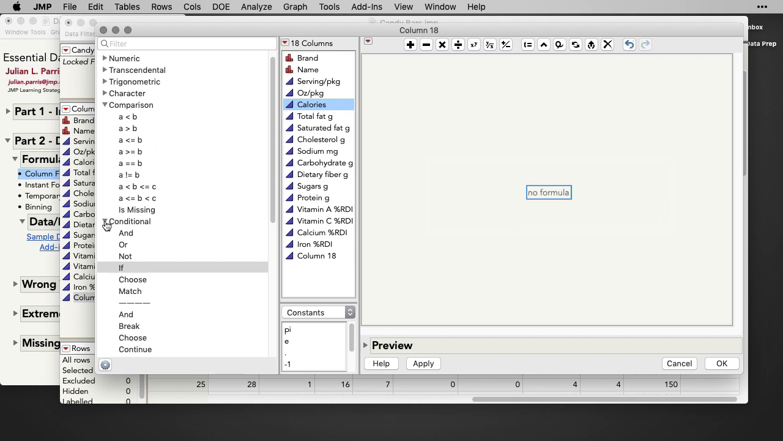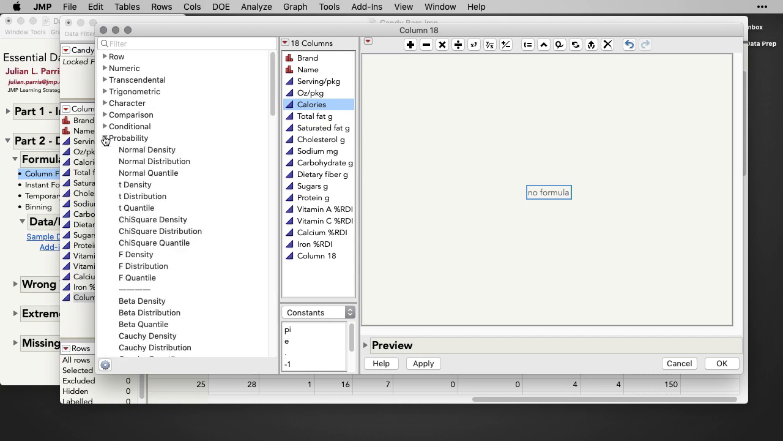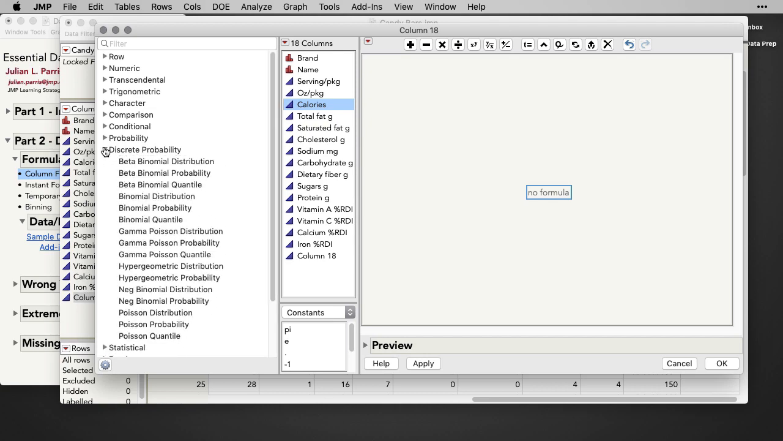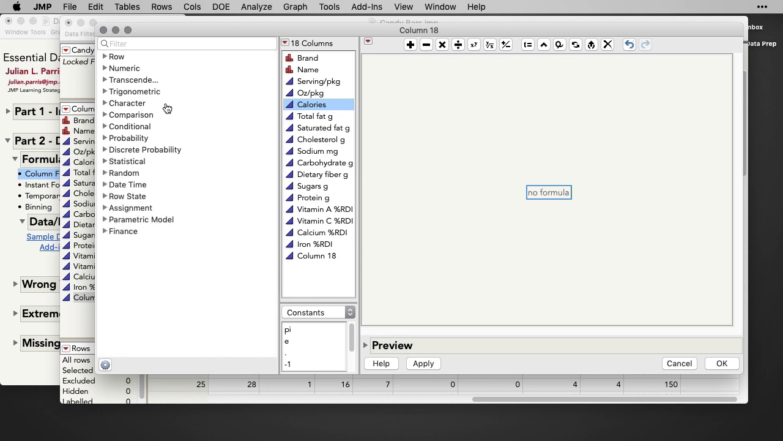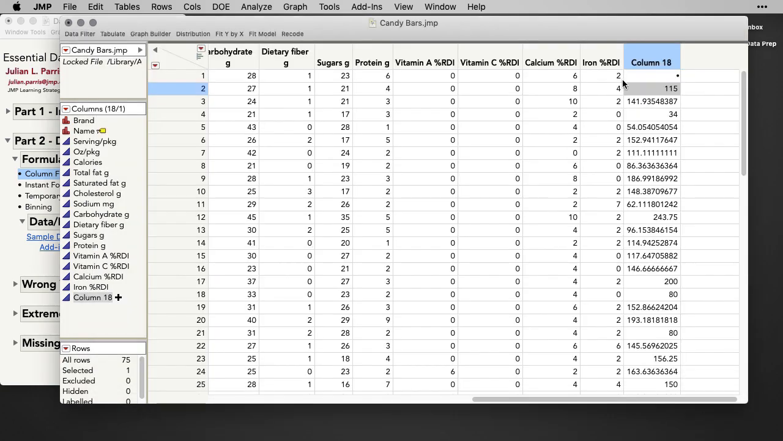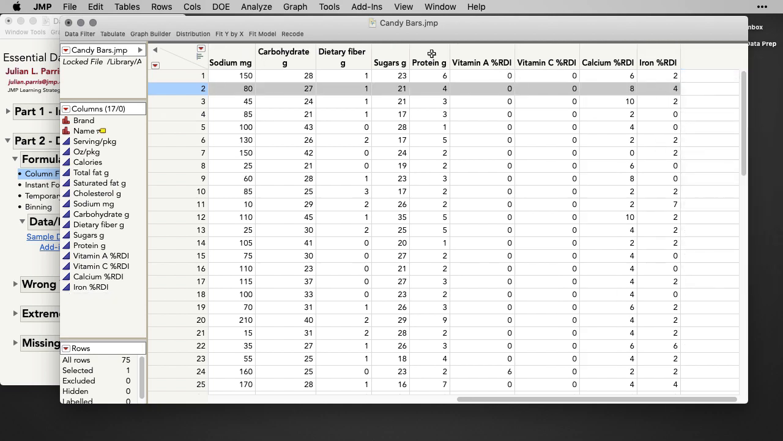So conditional logic, you can have loops, and all sorts of probability functions. So densities, discrete probabilities, and lots of statistical operations. So the formula editor is incredibly powerful, but oftentimes we find ourselves writing kind of basic formulas. We need to take averages, we need to take sums, we need to have a bottle explode. So the formulas that we write most commonly, we can actually access using what are called instant formulas or temporary